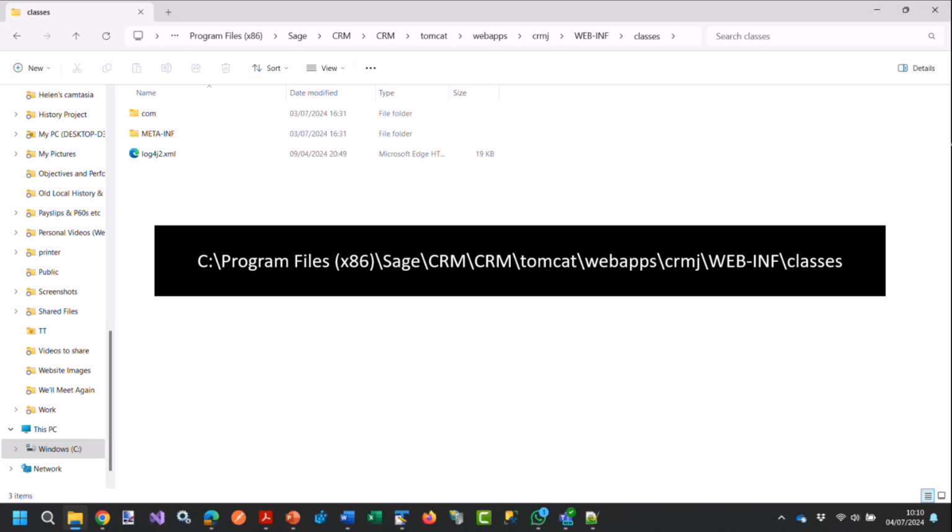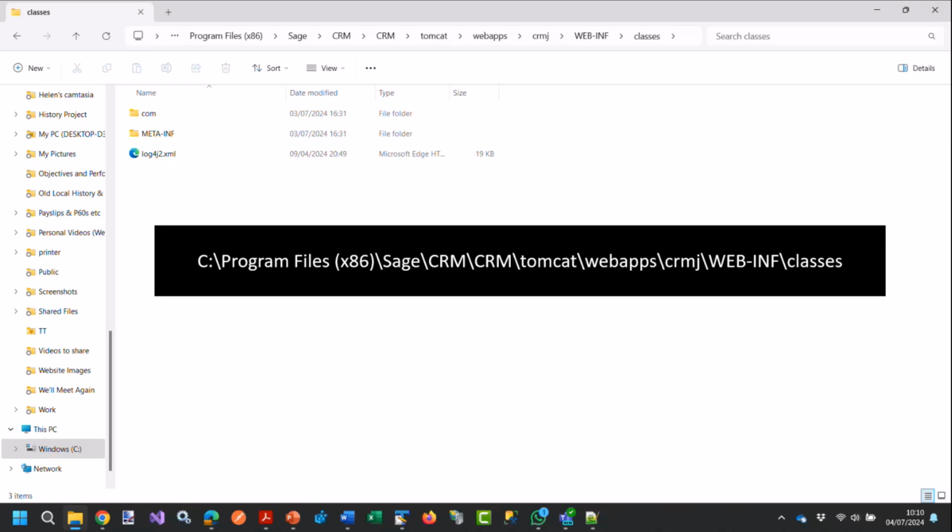On a Sage CRM server, locate and open that within the folder underneath your drive, Program Files, Sage, CRM. Look at the name of the instance, Tomcat, webapps, and then you have the name of the instance plus J. So in my case, it's CRMJ, WEB-INF, classes, and